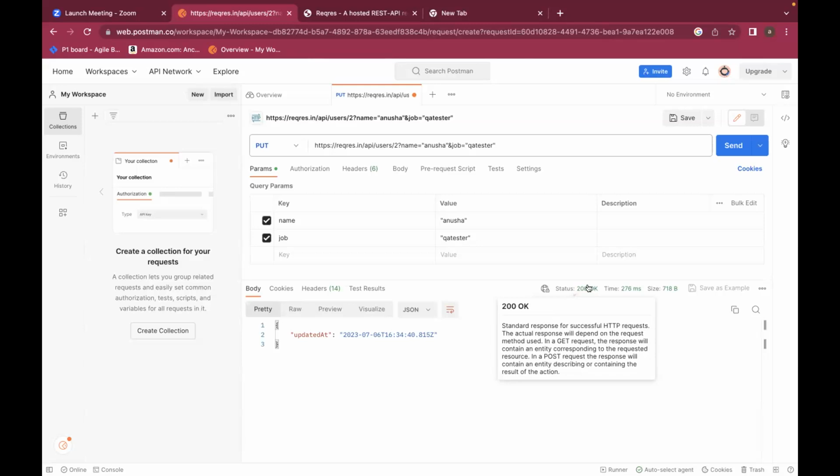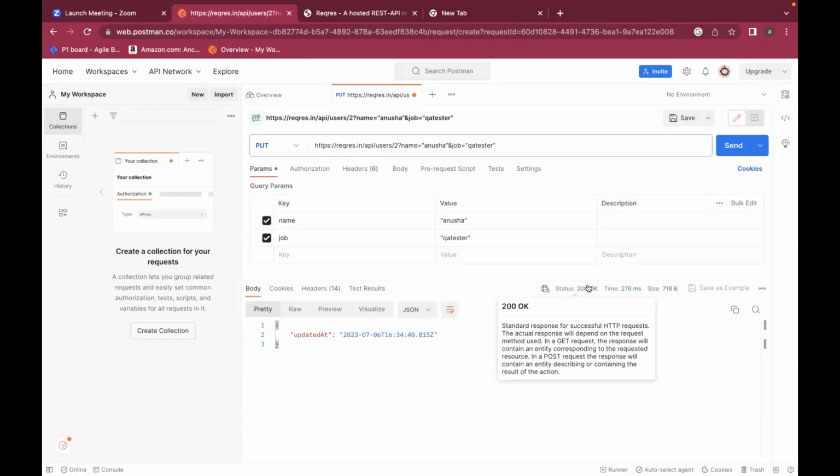So what is the difference between put and patch? When you run an endpoint in put HTTP request method, the whole data, the data of the entire resource will get updated. That entire row might get updated. But patch is only for partial data update, not full data update.